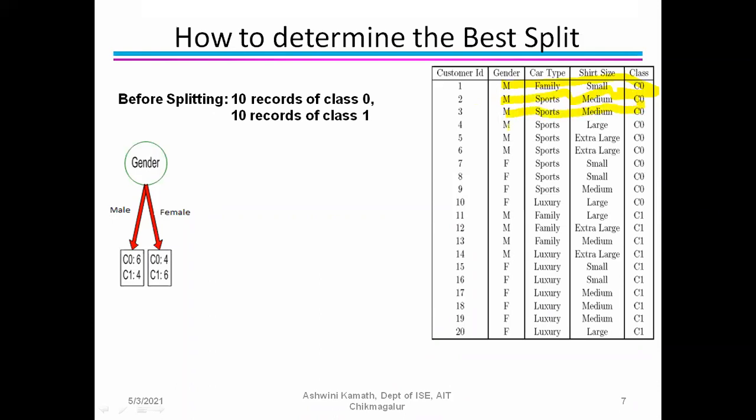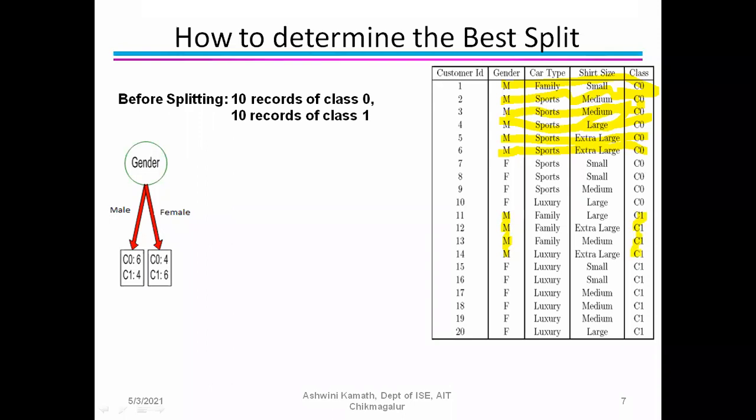The first 6 values are for C0. So C0 is 6, and you can notice the values on the left hand side of the node. Then for C1, we have 4 C1 values for male. So C0 is equal to 6 and C1 is equal to 4.